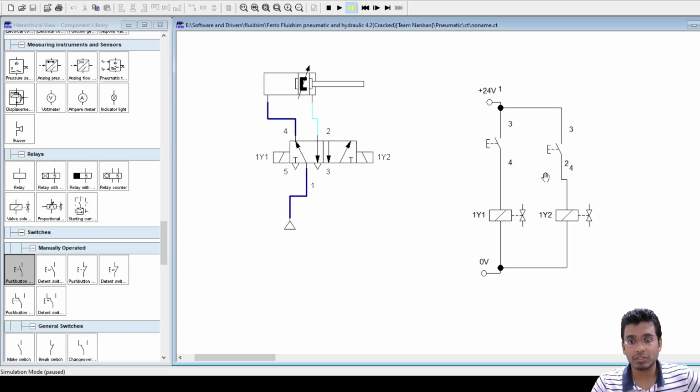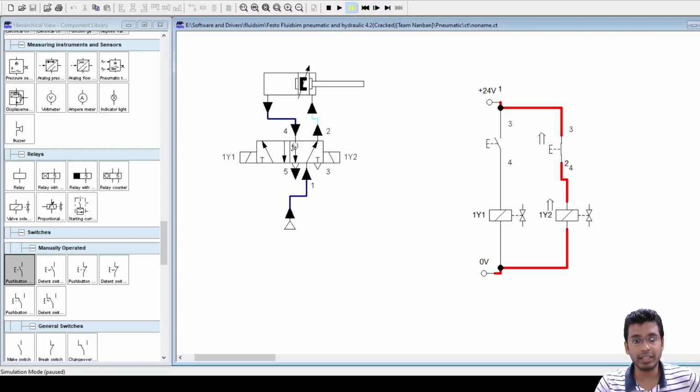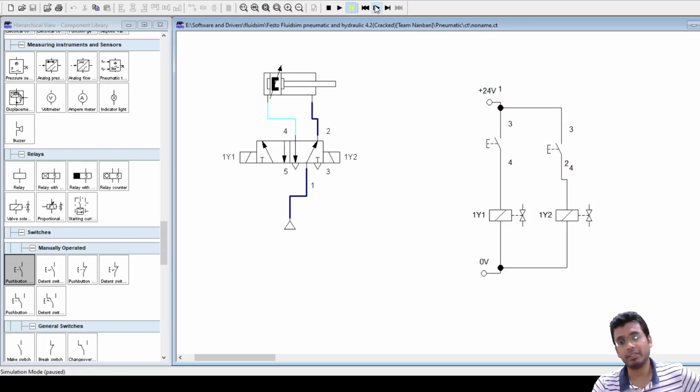Okay, fine. So now to retract back, what do I have to do? I have to energize this valve 1y2. To energize 1y2, what did I do? I directly connected it to another push button. So when I press this push button, if you see, this got engaged now. Now again my valve solenoid 1y2 got engaged. This engaged the right envelope of this 5/2 valve, and hence my cylinder came back. Fine.